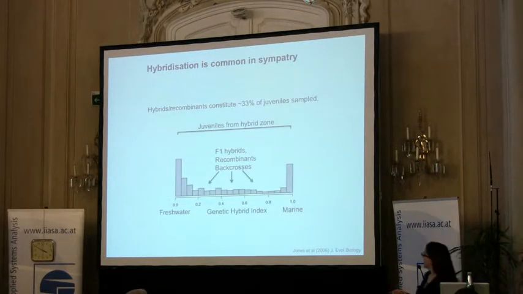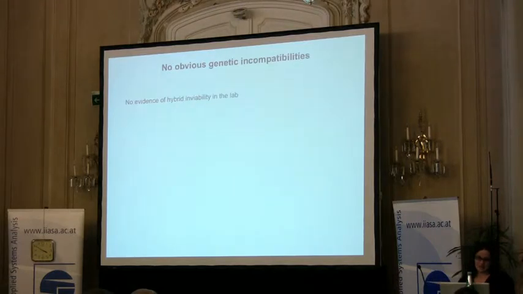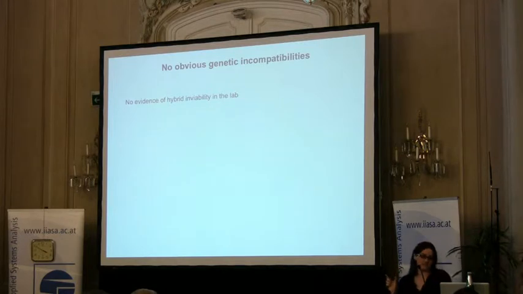And because of that, we see that pre-mating isolation is not strong. Hybridization is very common, and when you look at the individuals in the middle of the hybrid zone, we see a huge number of hybrids and backcrosses and recombinants. So that means that speciation is definitely not complete, but there's still something that must be contributing to the ability for these forms to remain genetically and morphologically distinct.